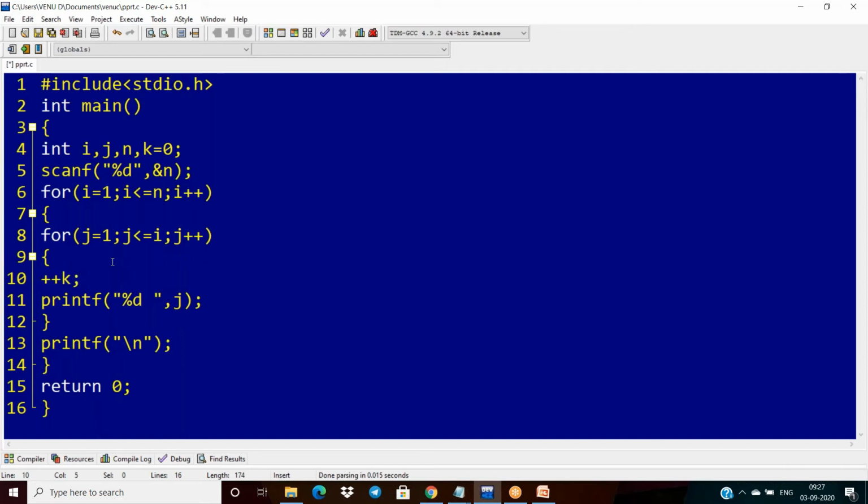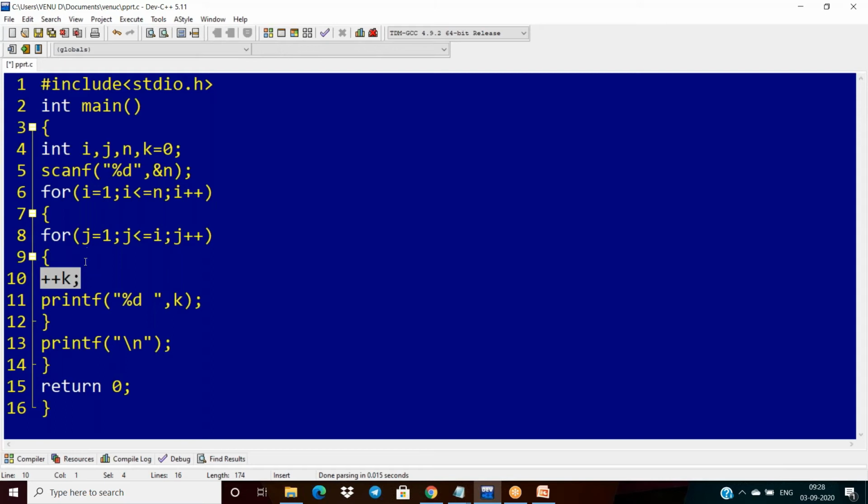I can use pre-increment. First k is 0, and with pre-increment k will be 1. Now I have to print this k value. In the second iteration, this condition will fail and a new line will come. The current value of k is 1.